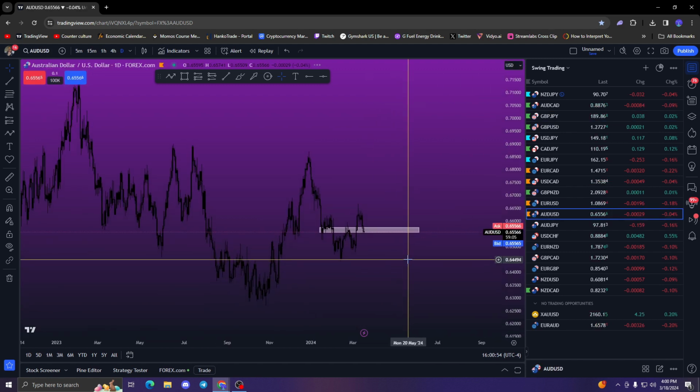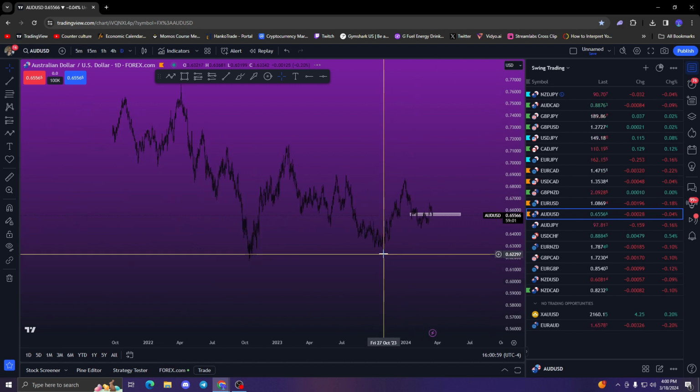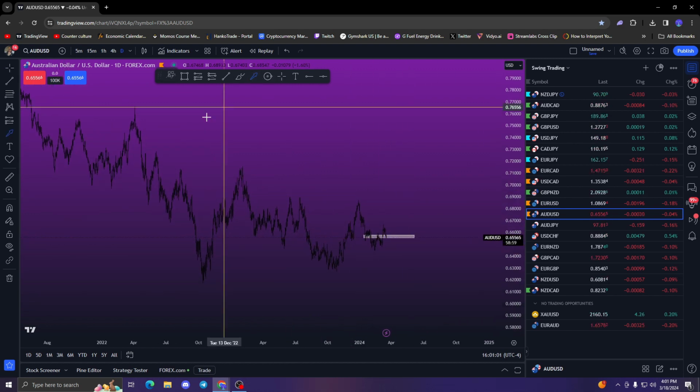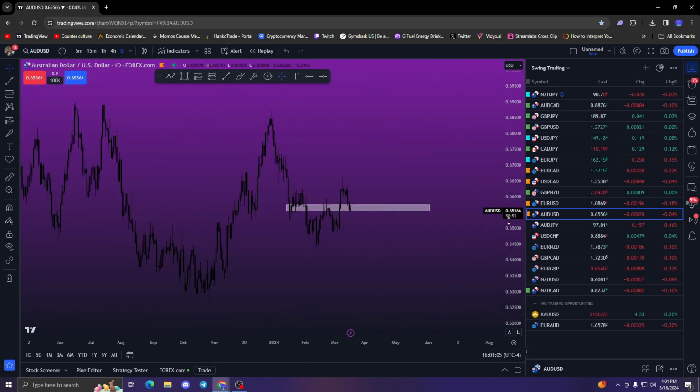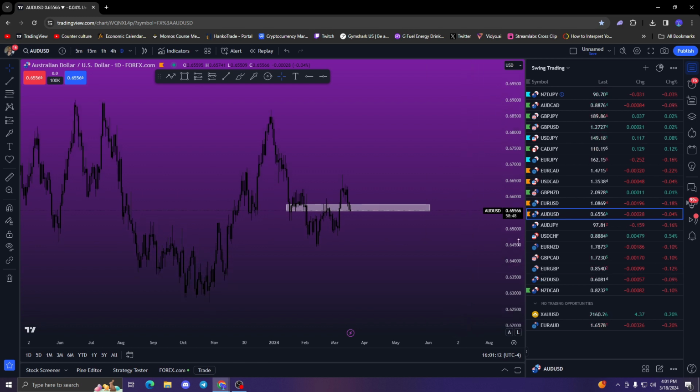AUDUSD. A bit interesting, not from the daily perspective at least. If you zoom out, overall trend, down. I know that. That's fine. More recent structure, because that's what I base my trades off from, is the most recent structure. We have